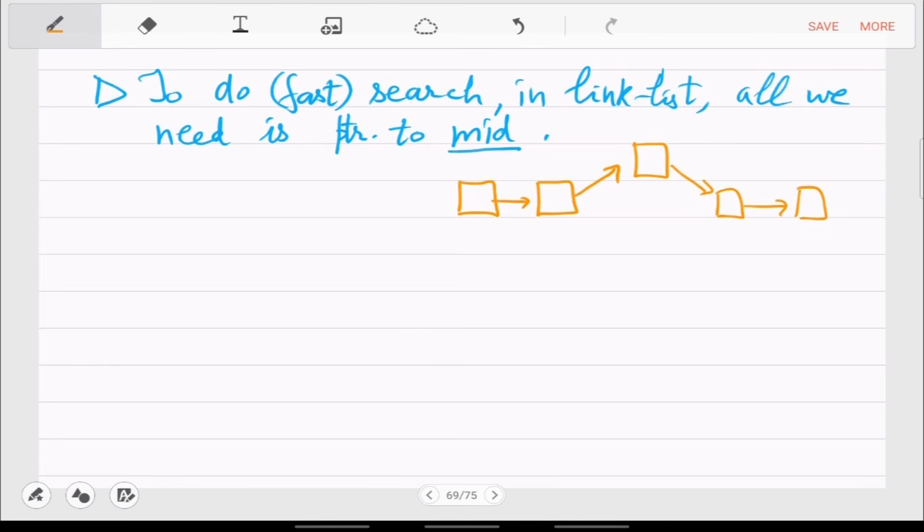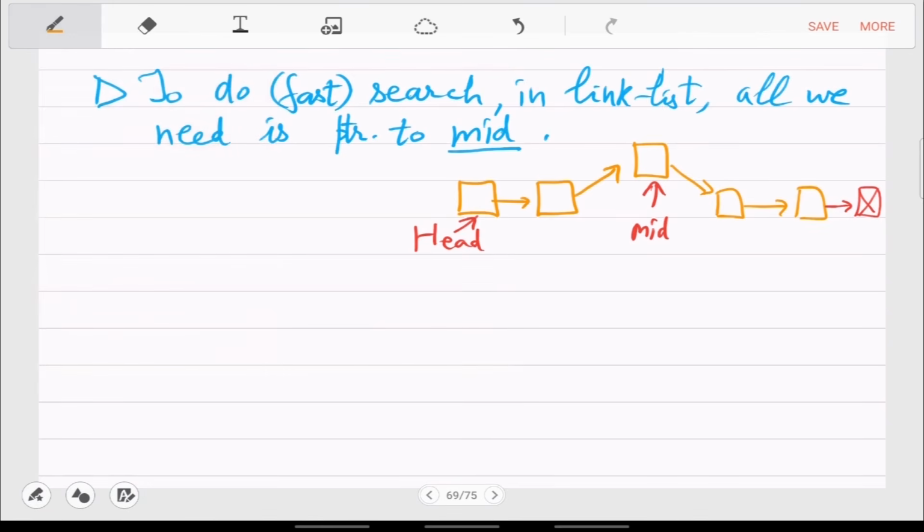We can draw this suggestively like this: we have head like before, but we also have mid, and then this ends. So mid also has to be remembered now in this pointer implementation of the list.